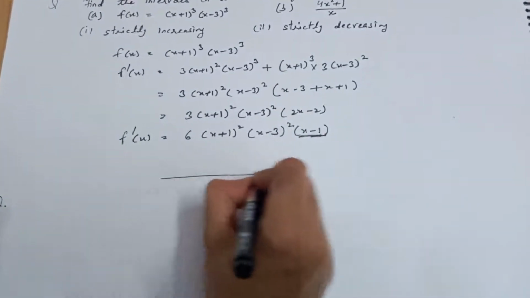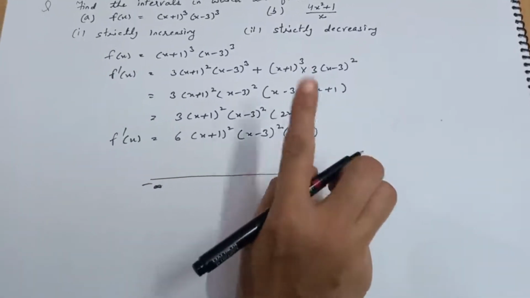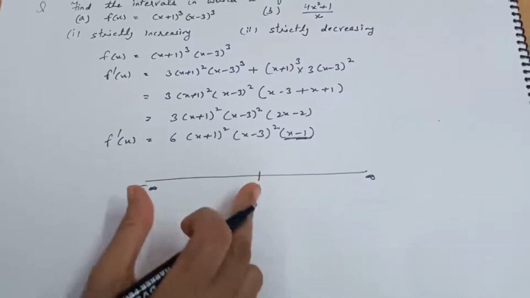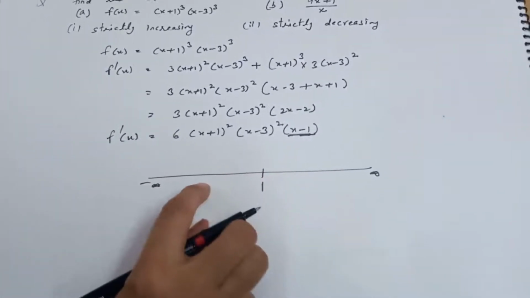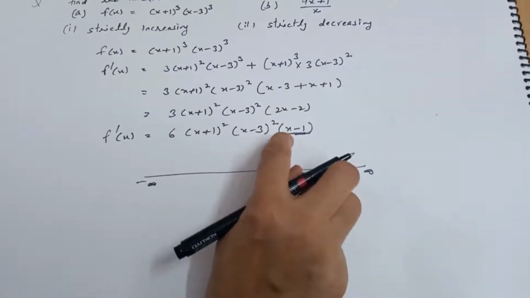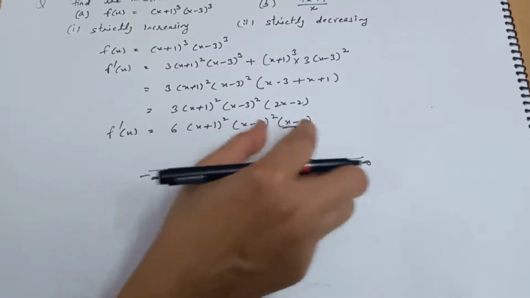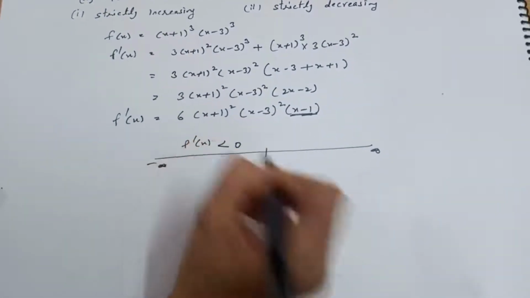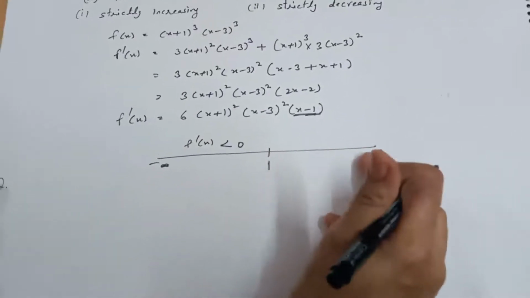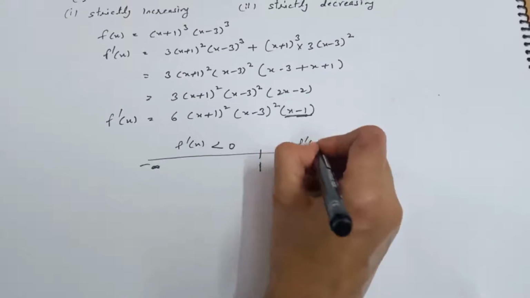So my interval minus infinity to infinity, I will take the 0 of this function 1. I will say 1. Now I will see if I put any point less than 1. Less than 1, if you are going to put, it will be what, your negative always. Put here minus 2, minus 3, मतलब ये तो पॉजिटिव ही रहेगा, ये नेगेटिव बना देगा. तो f dash x क्या होगा यहाँ पे? f dash x होगा less than 0. और if you are going to put here greater than 1, means you are putting 2 minus 1, पॉजिटिव आएगा. तो यहाँ पे क्या हो जाएगा आपका f dash.